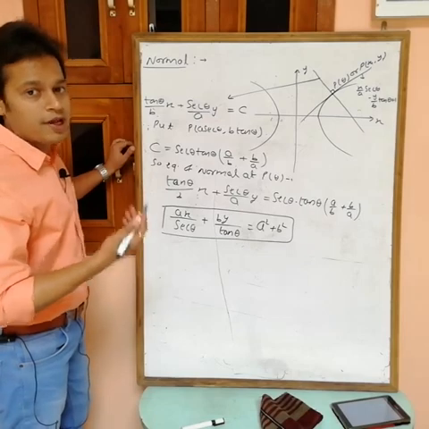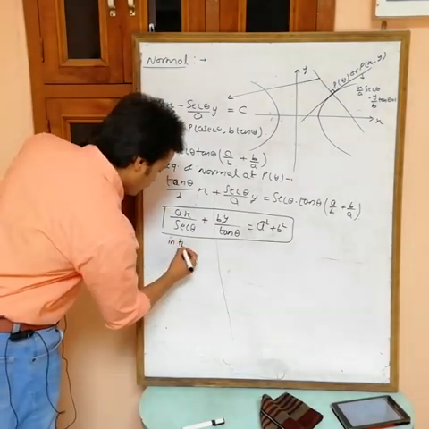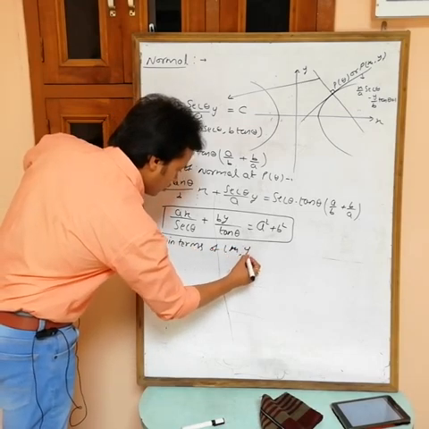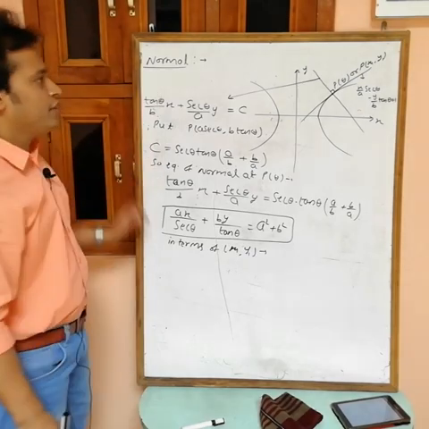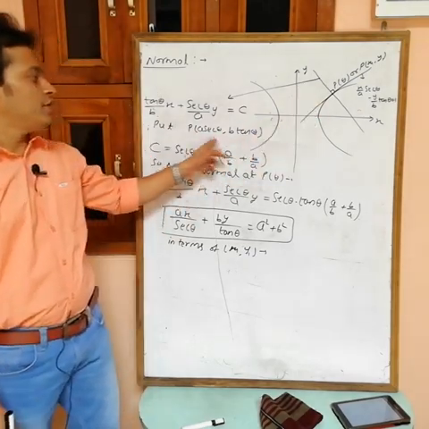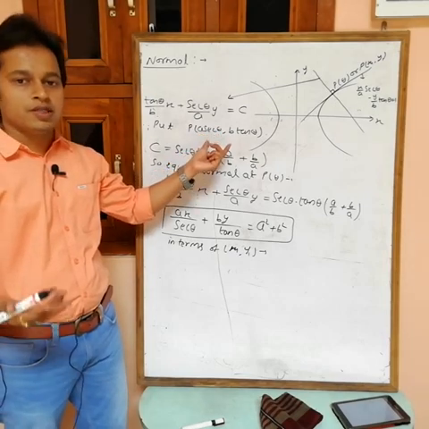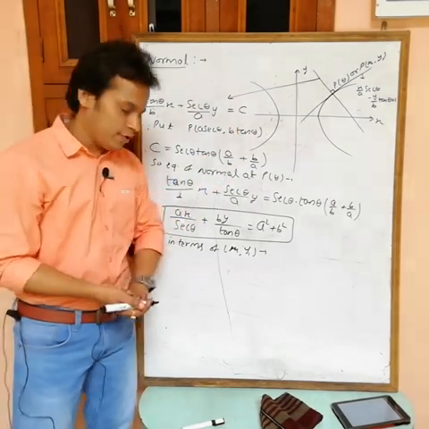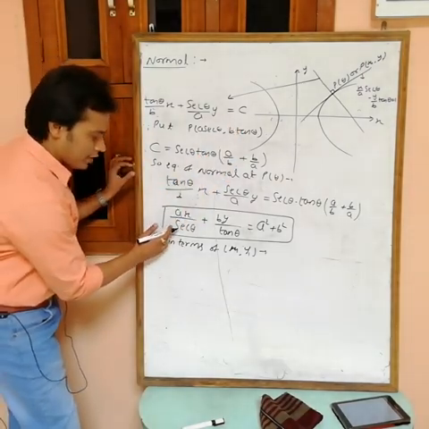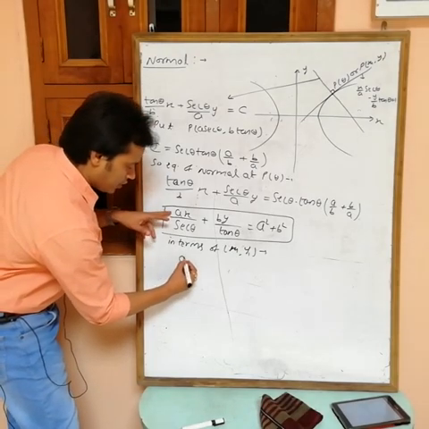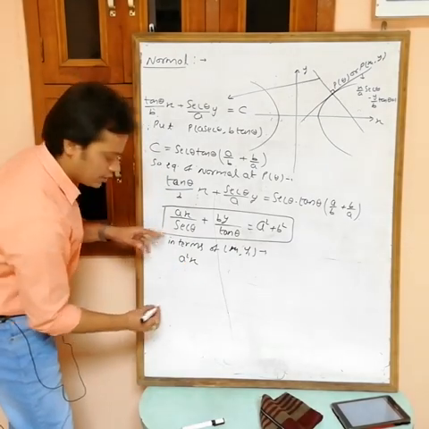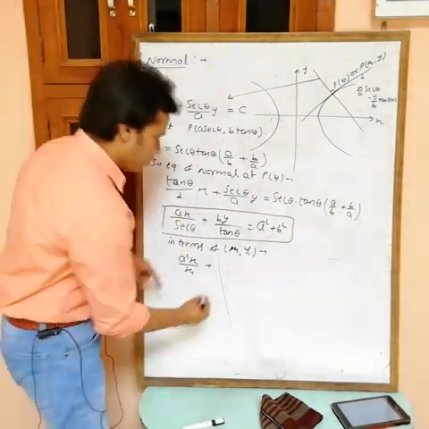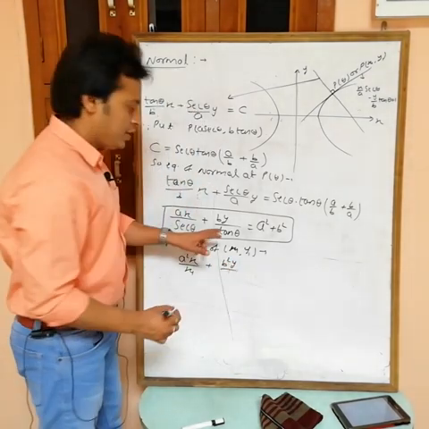If you want it in terms of x1 comma y1, now here P is a sec theta comma b tan theta. It means I want this in terms of P as x1 comma y1. So replace a sec theta with x1 and b tan theta with y1. Multiply with a in numerator and denominator, what we are getting? a square x, then here a sec theta can be written as x1, plus multiply with b in numerator and denominator, b square y, b tan theta is y1.